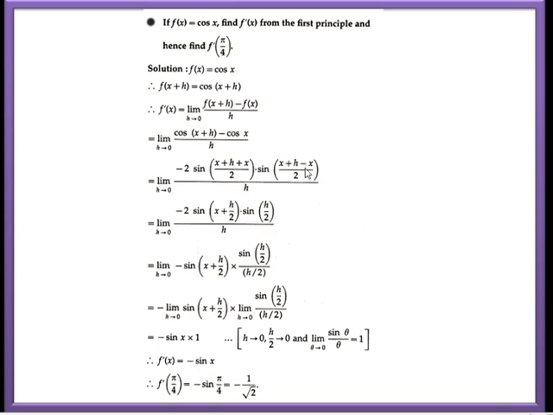Actually there are two sine terms, right? But this sine term does not require h in the denominator. Why? Because even if you take limit here, then this becomes minus 2 sine x, right? But what about this? If you take limit sine 0, 0, and therefore we require h in the denominator for